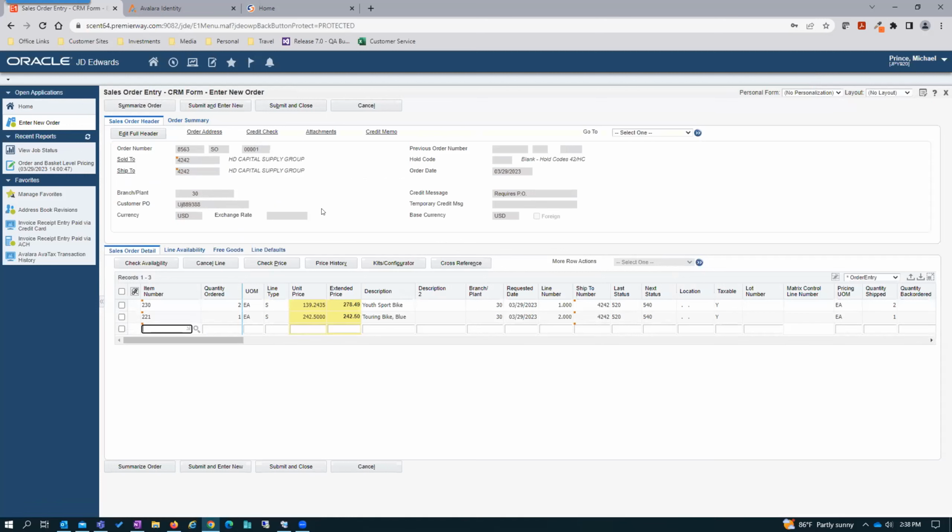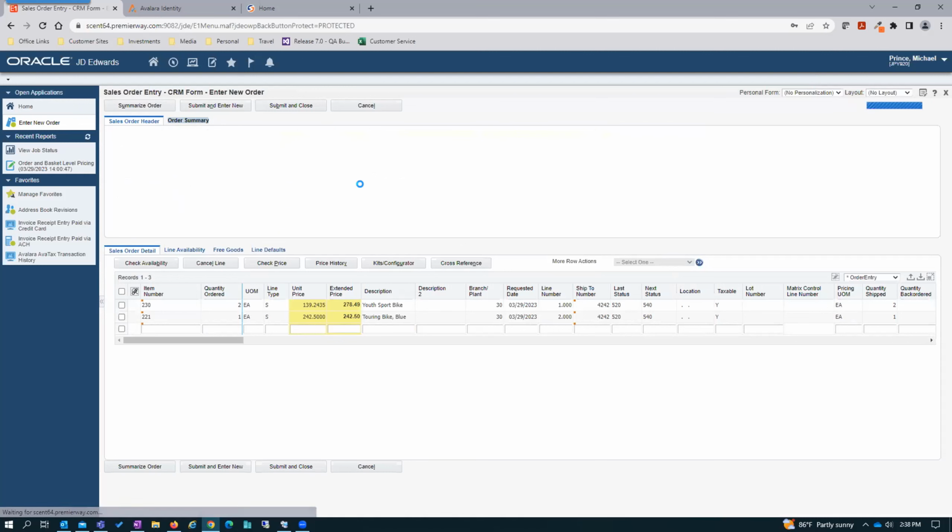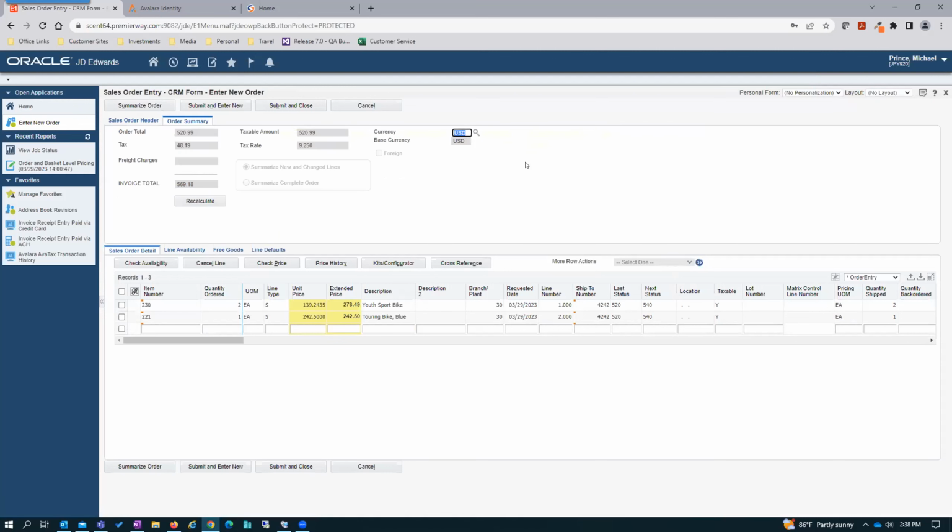Once I've entered all of those products, the JD Edwards Enterprise One order entry application has the capability of presenting order summary information to the Enterprise One user, including the sales tax amounts and tax rates. It's here at this point that we've passed all relevant needed information into the Avalara APIs: product information, customer information, address information, both origin address or the ship from address and destination address, the ship to address on a line